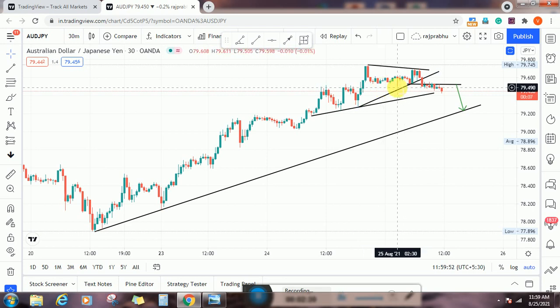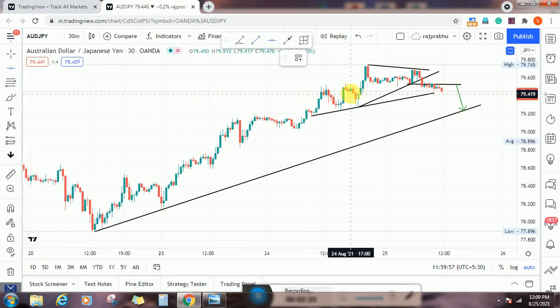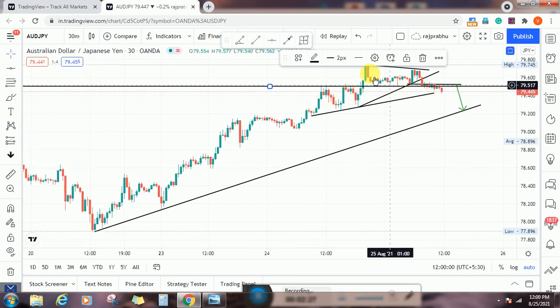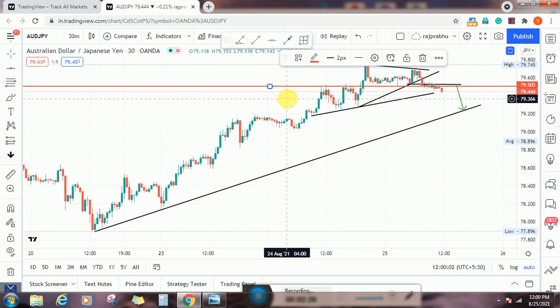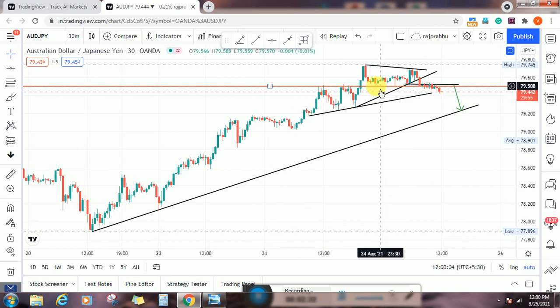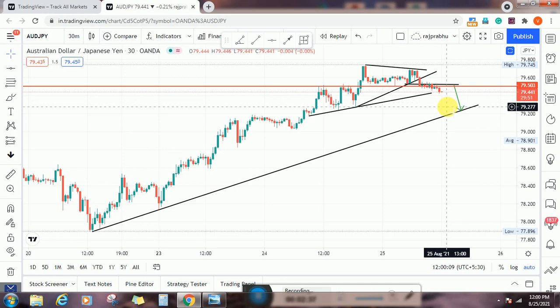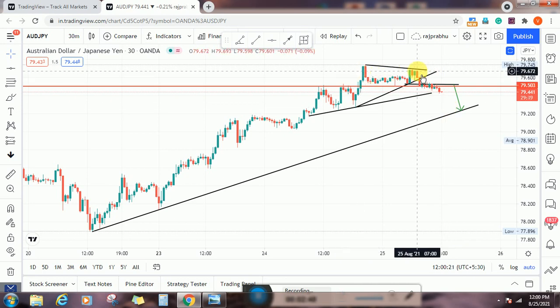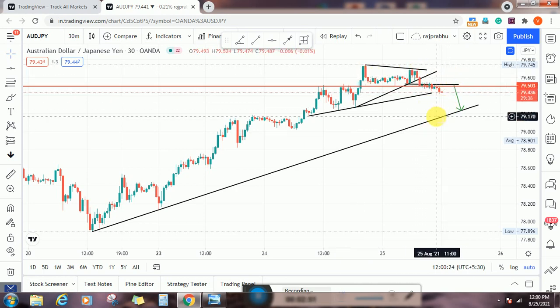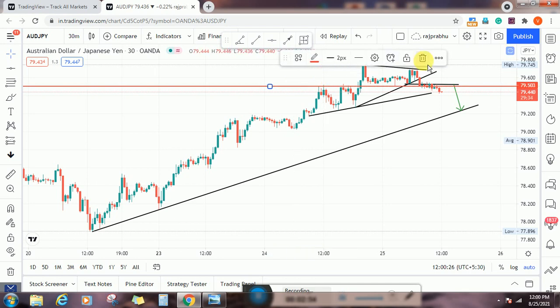And then if the double top breaks this middle level, see this level is the middle level, I will draw the line. I am calling this line the middle line. This red line is the middle line. When it is broken, the price will come nearly to the target level. Maybe I am waiting, and this target will definitely be reached because of this double top pattern confirmation. Okay, I am going to remove this line.